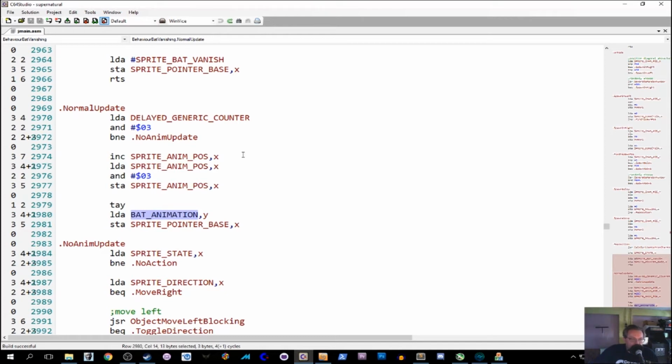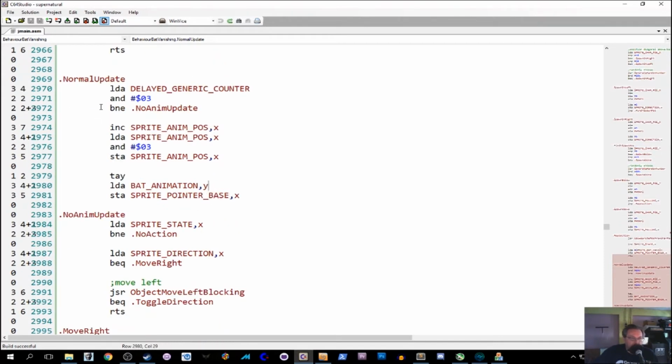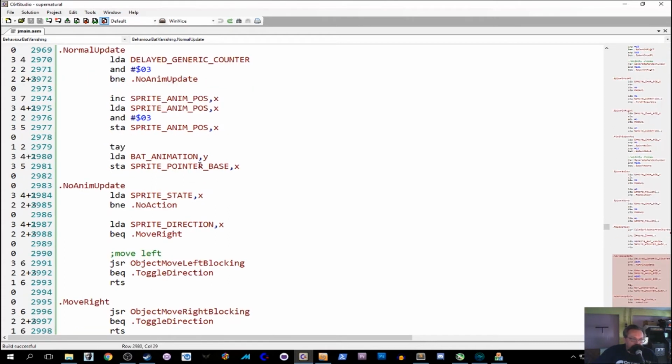It starts at 0 because that's where it's initialized. We increase it, we load it, we just take the last three least significant bits, store it back, and then get the next animation from bat animation. That's what it said right there. So that determines the way that it looks. Right. So every few frames it does that. Otherwise,